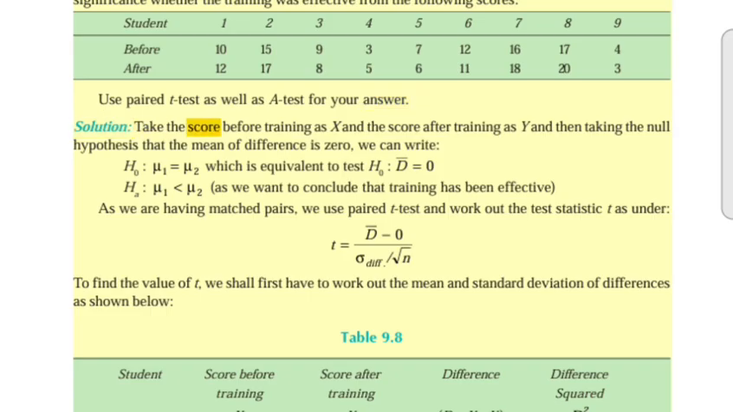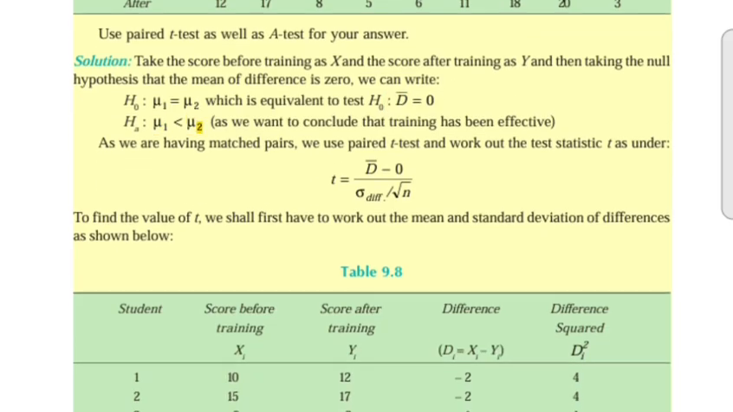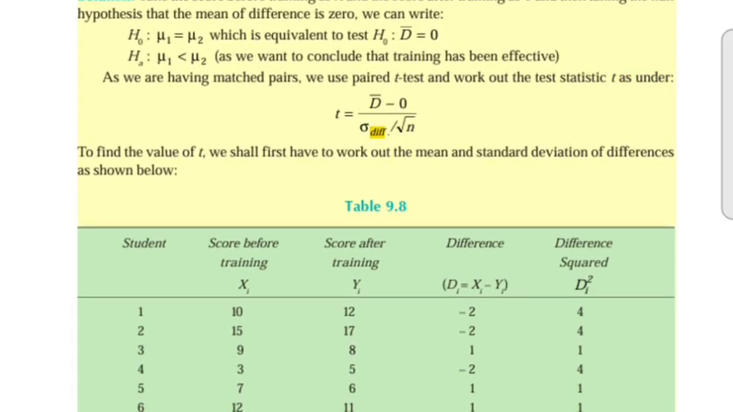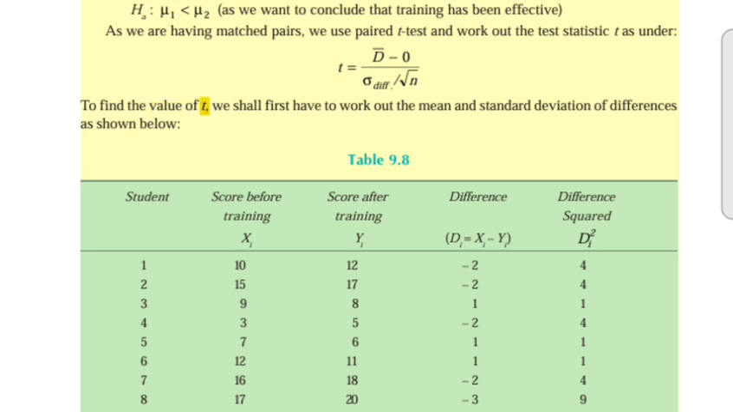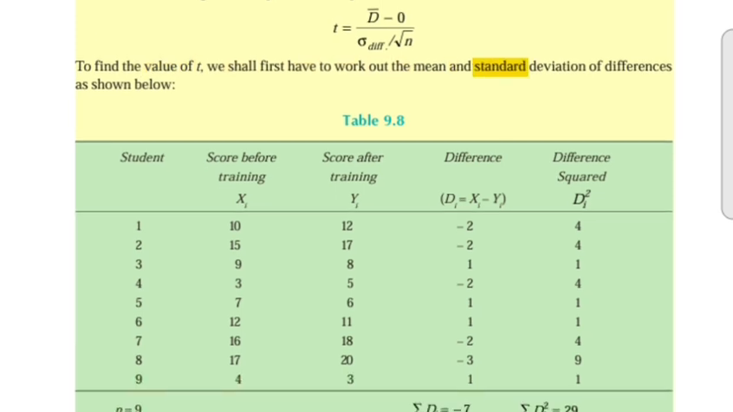Solution. Take the score before training as x and the score after training as y, and then taking the null hypothesis that the mean of difference is 0, we can write H0: mu1 equals mu2, which is equivalent to test H0: d-bar equals 0, Ha: mu1 less than mu2. As we want to conclude that training has been effective, and as we are having matched pairs, we use the paired t-test and work out the test statistic t as under: t equals (d-bar minus 0) over sigma diff over root n. To find the value of t, we shall first have to work out the mean and standard deviation of differences